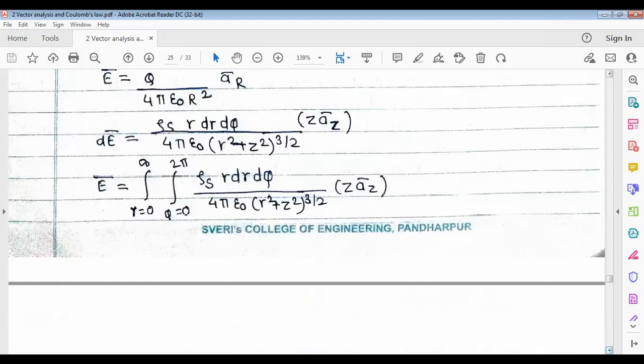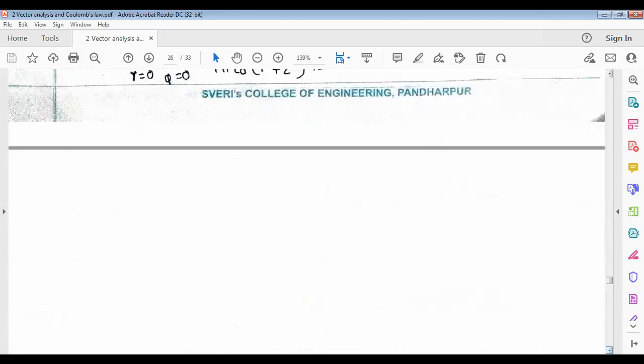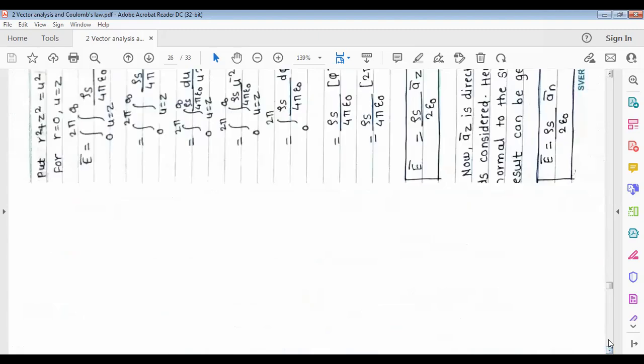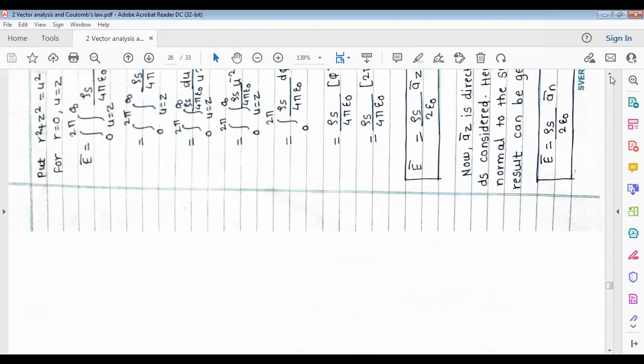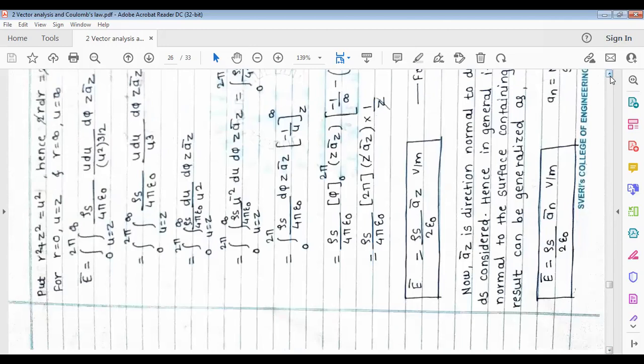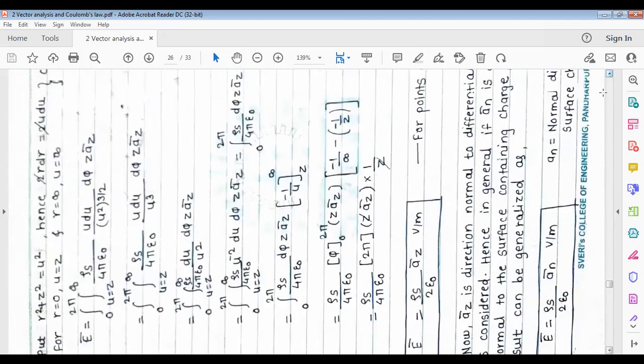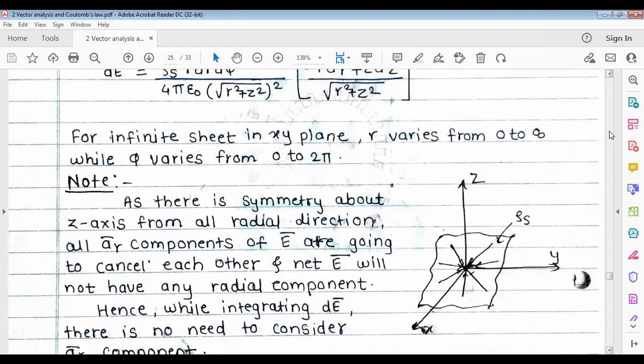Now we have to put the limits here. Oh, the page is rotated. And this is a PDF actually. I cannot rotate this. So wait, I'll share one slide so that I'll solve on that slide. Up to this point, everything is clear for you. Does anyone have any doubt up to this point? No?